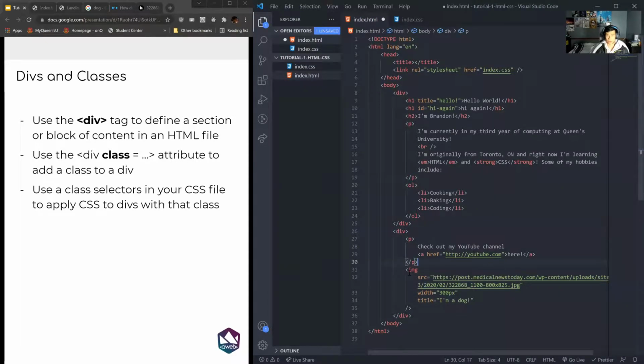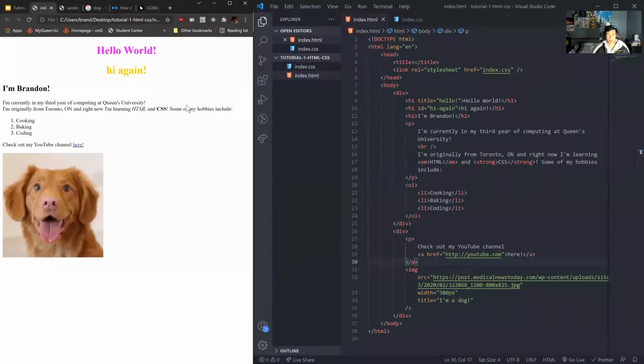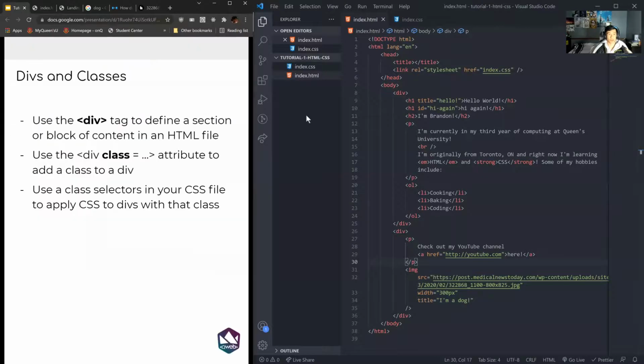Okay, cool. So if we go back and we refresh the page, nothing happened. That's because by default, divs don't really do that much on their own. They're more for sectioning off code, and we can do things with divs later to perhaps target a certain chunk of our code. For example, one thing we can do is we can give our divs a class, and a